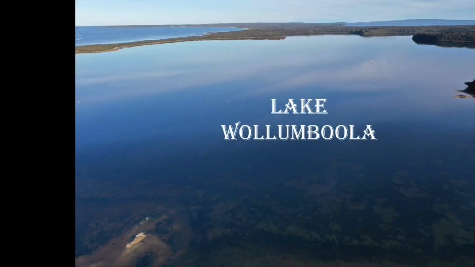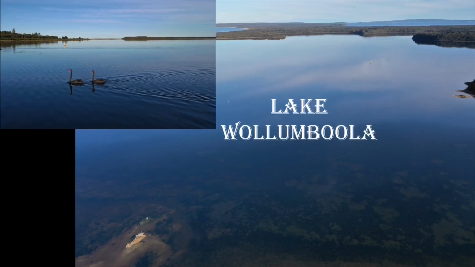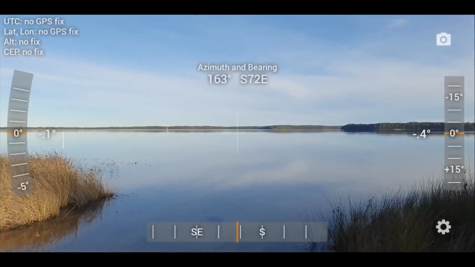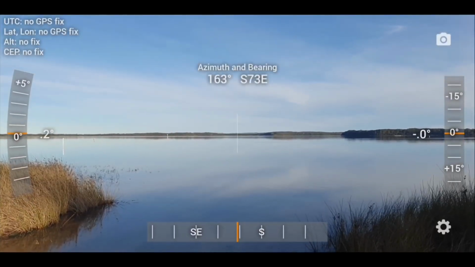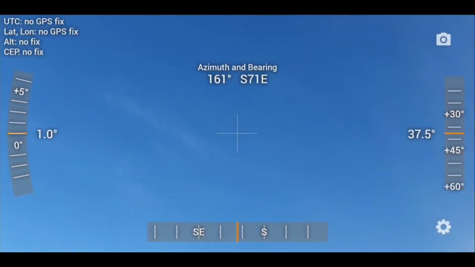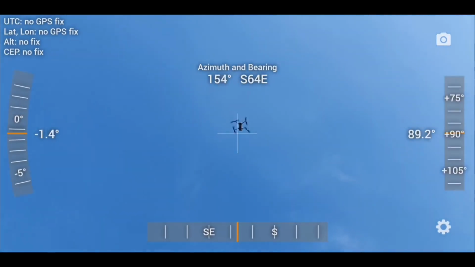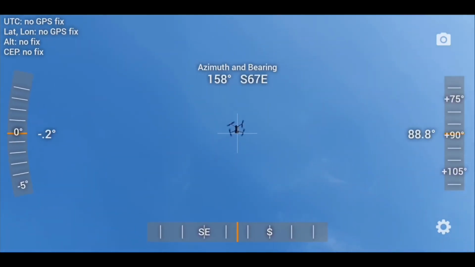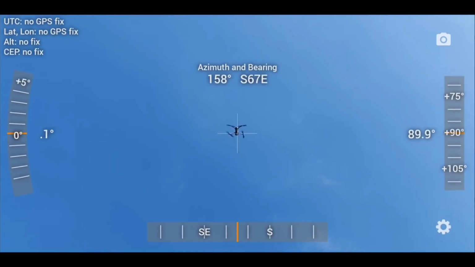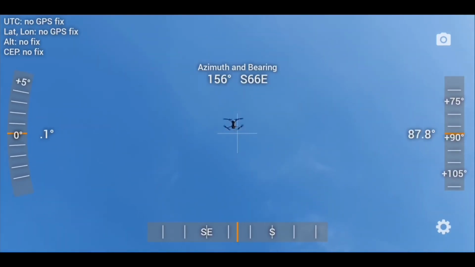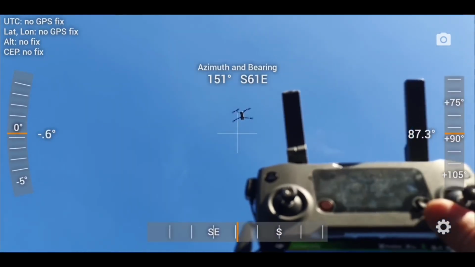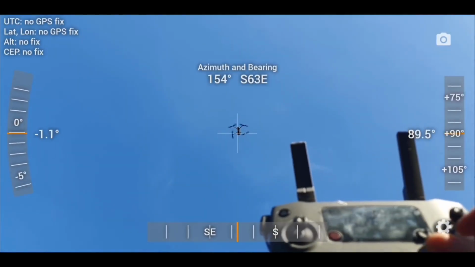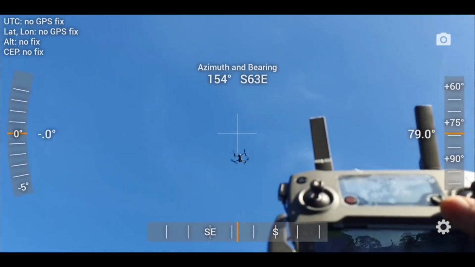This is Lake Woolloomboola, quite fittingly the breeding ground to black swans, and, I kid you not, located on Black Swan Way. Now, relative to the horizon, if you look straight up above your head, 90 degrees, to where my drone is sitting, right there, 90 degrees, what will happen when that drone moves straight ahead in its own flat plane? It's not going to change altitude, it's just going to move straight ahead. From my observer point, what's going to happen? The angle is going to change.